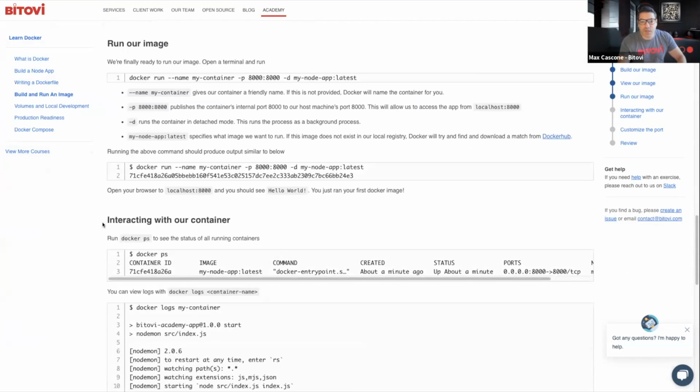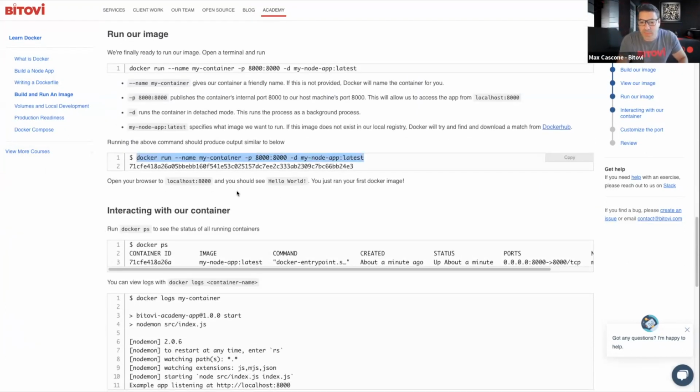Okay, we built it. Now let's run it. Let's go through the command docker run, give it a name, my-container. This is the actual instance of the container, not the image, but the instance of the running container, which will have a name. If you don't give it a name,